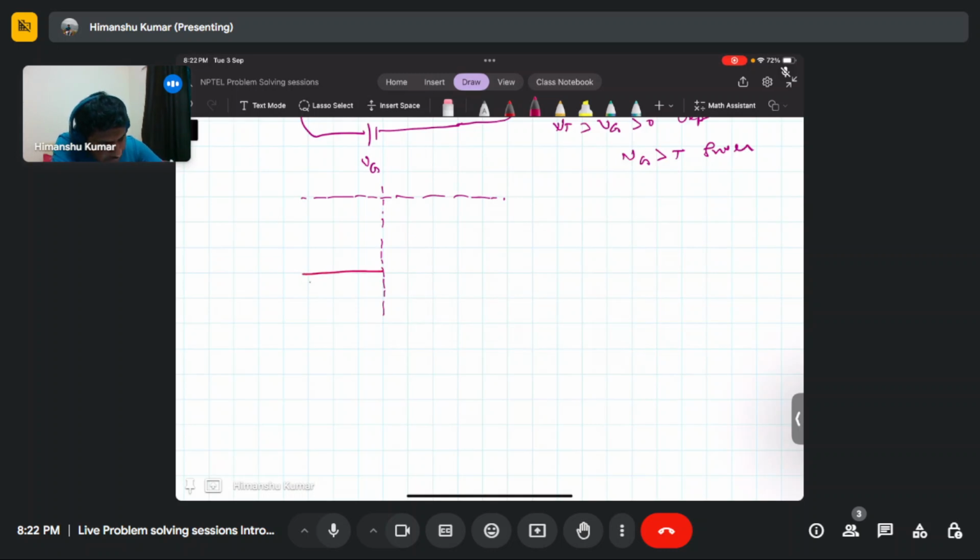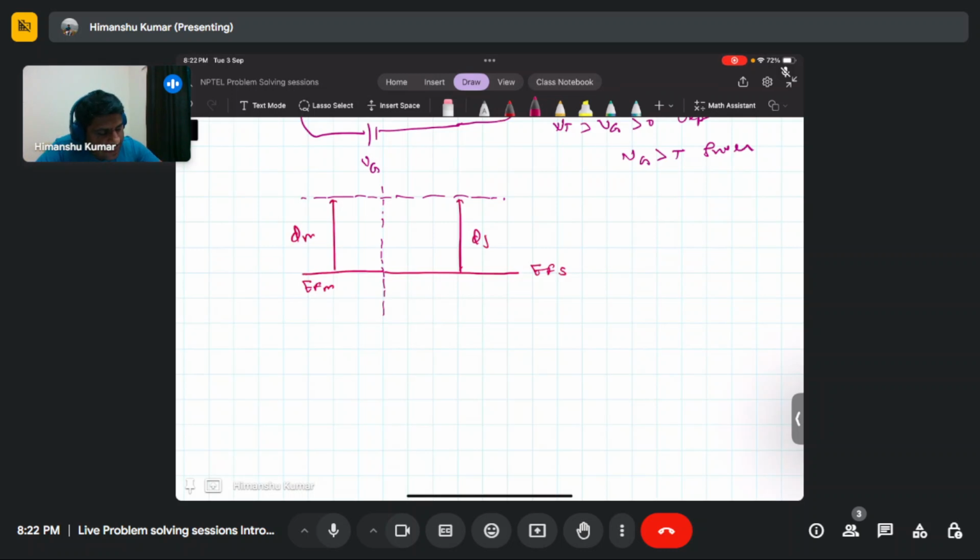So this is the Fermi level in the metal, and this is the Fermi level in the semiconductor, EFS. Since phi metal is given as the same as phi semiconductor, this level will be phi s. Now the Fermi level will be aligned, and since this is the p-type substrate,